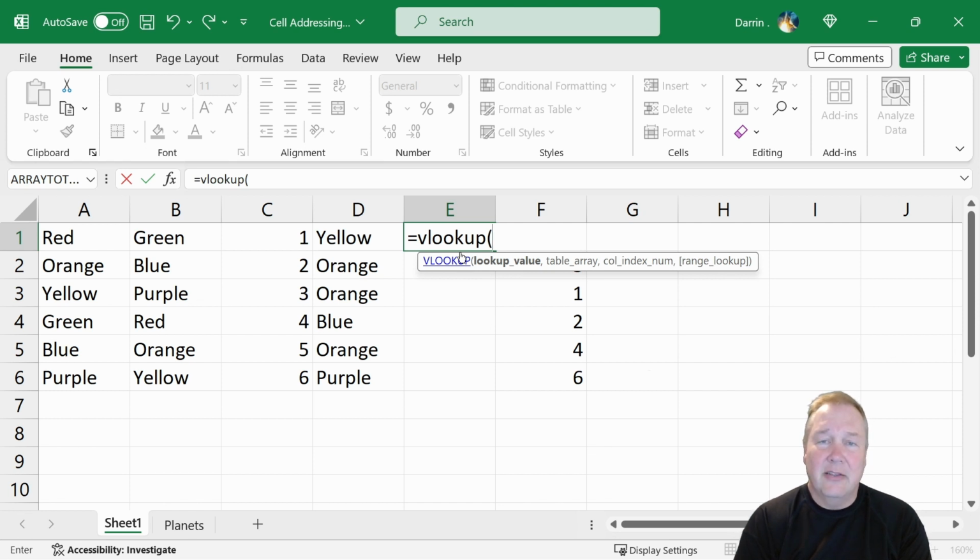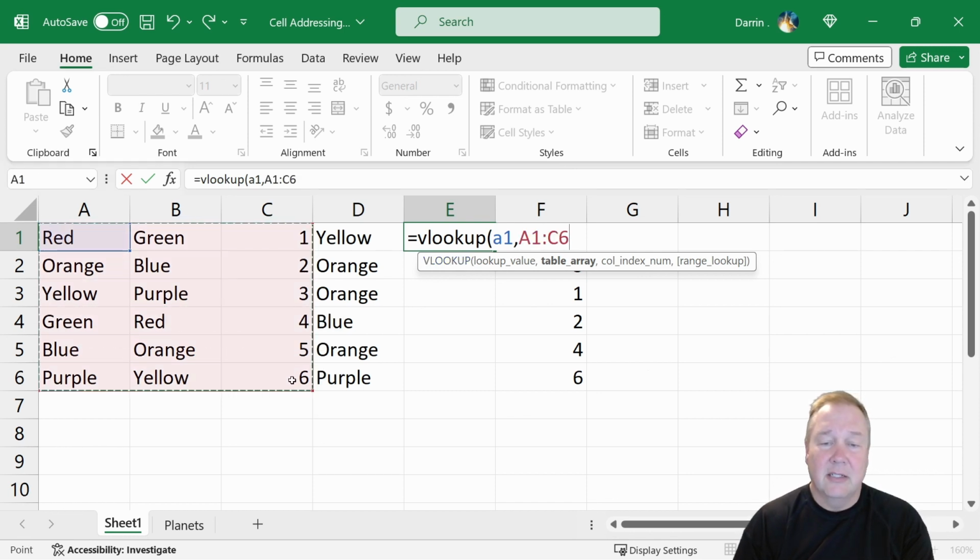And the syntax on this, there's a video on this down in the description, but this is a really useful function, so I'll just tease you with a little bit here. So we have VLOOKUP of A1, so I want to look for the thing in A, and my table array is going to be this. And you see it did A1 through C6, and that's the way it typed it in here, is A1